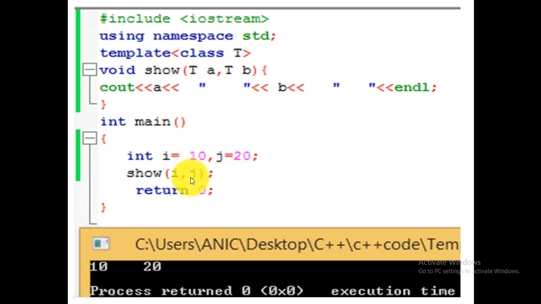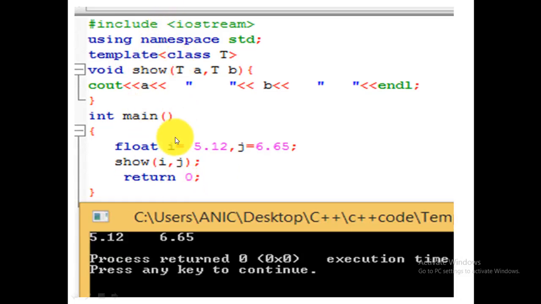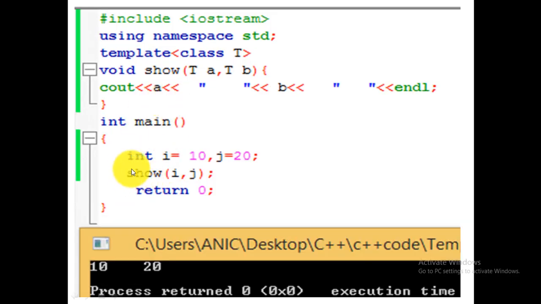What if I want to show the values or perform the addition of two floating point numbers? How will we do that? The same code, but here we just use the float keyword. The data type is changed in this program. In the previous example, the data type was int.